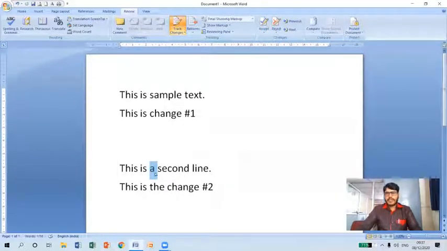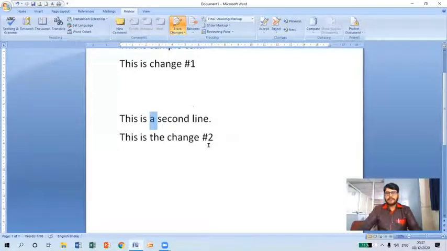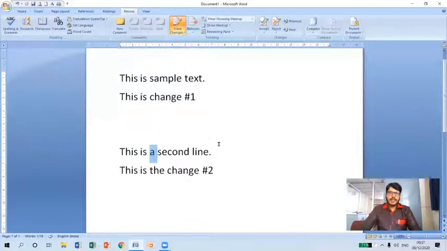Okay, so it has been accepted, as you can see here. So likewise, we can track the changes and we can accept or reject the changes. Okay, so similarly,